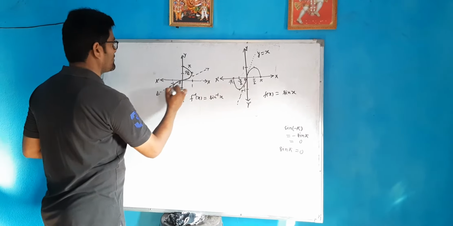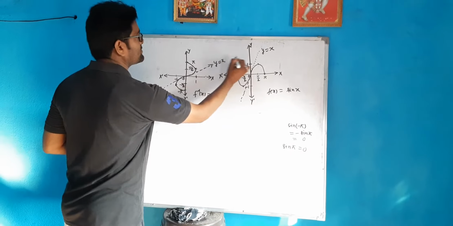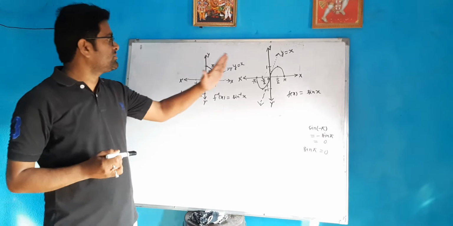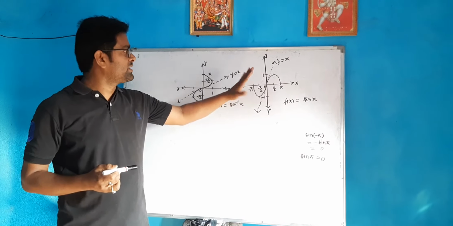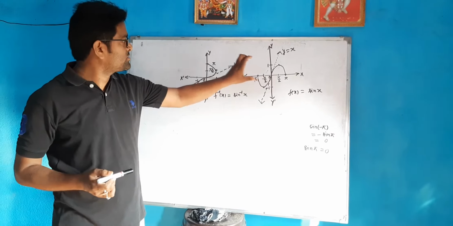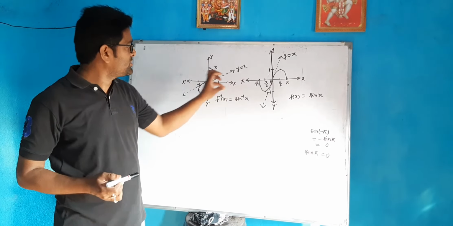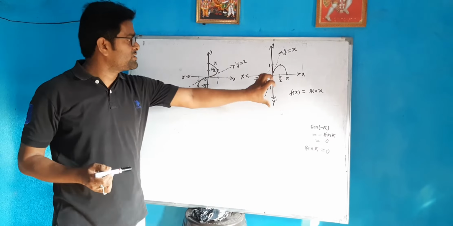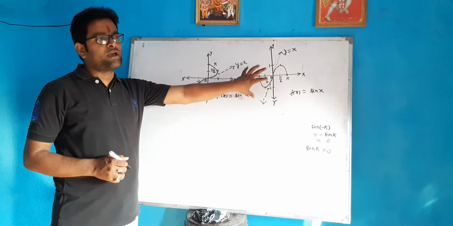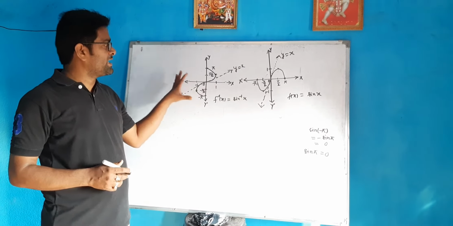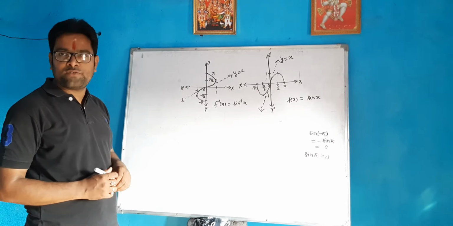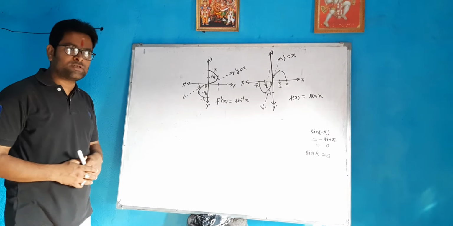So this is the line y is equal to x. We can easily understand: you can see, under the line y is equal to x, this is just the mirror image of it. This portion is on this side and this portion is on this side, so we can see the mirror image is repeated. In this way we can understand the sine inverse of x is just the mirror image of the sine function of x. So everyone can go through this.